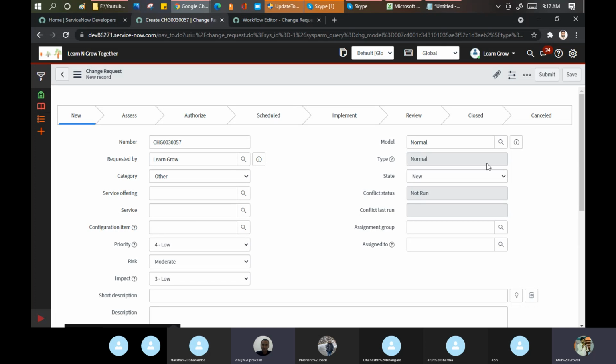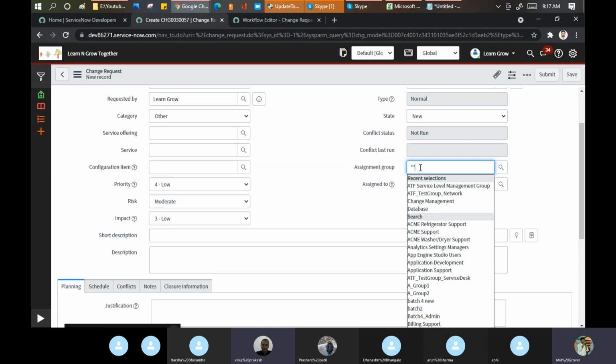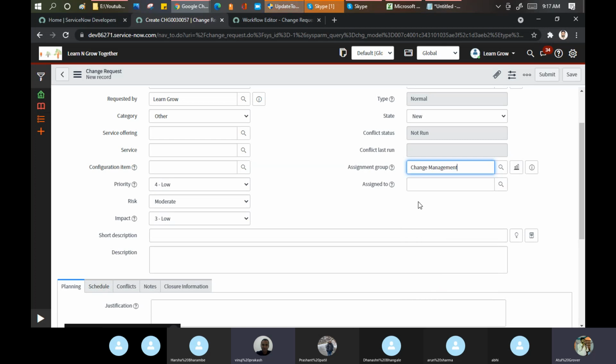Okay. Assignment group is the group, the team, that is going to deploy this change. Let's put any team name here. Okay, the change management team is going to deploy this change. Practically, it is a little tough for you to understand now because you don't have a background of ITIL in that area, but read about this and you will be able to understand easily. Short description: Test LNG.